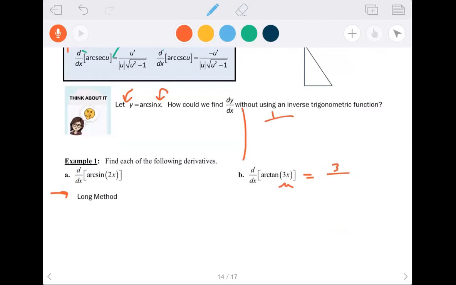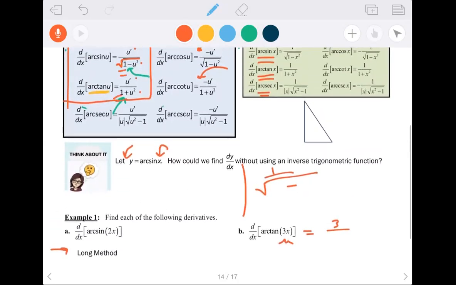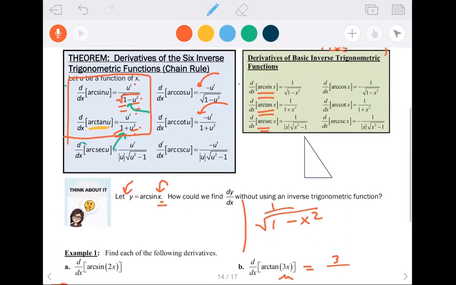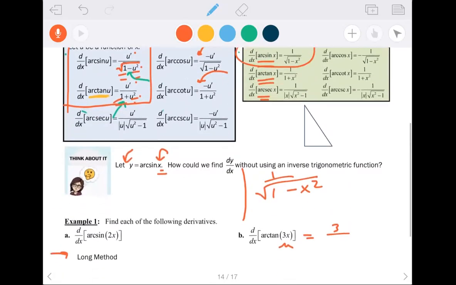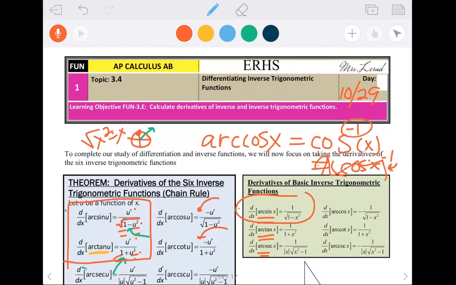Next, I said arc sine is uglier. I feel prettier when I have a tan for 2 reasons. It has a root and it has the subtraction. You just have to remember what's under that root for both of them. It's a 1 and a 1 and a u squared and a u squared. So it's a 1 minus u squared. So you'll notice right up here when it says arc sine x, it's 1 over the square root of 1 minus x squared. That's not a proof though, and that's not very strong,